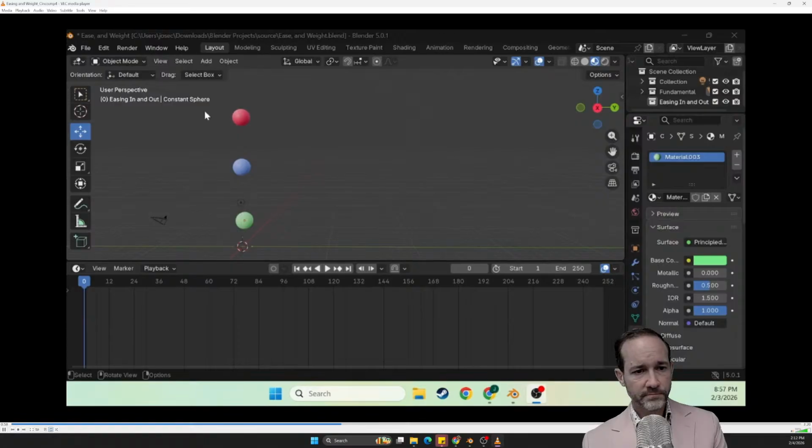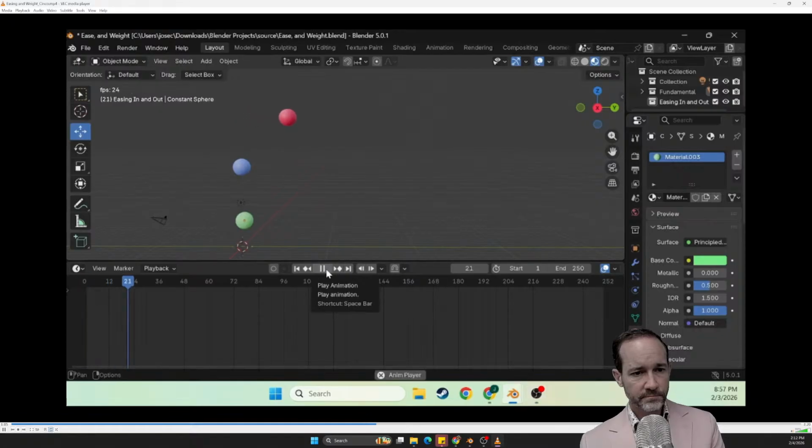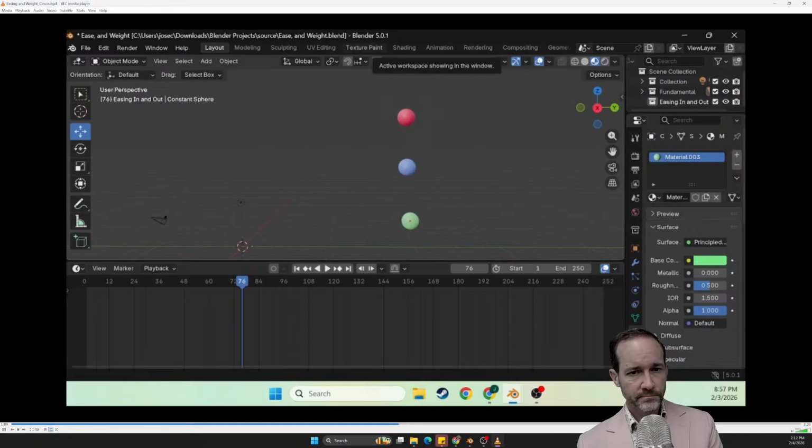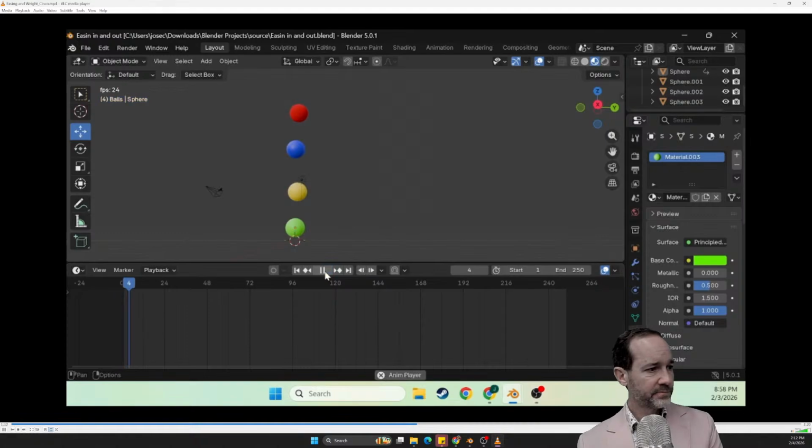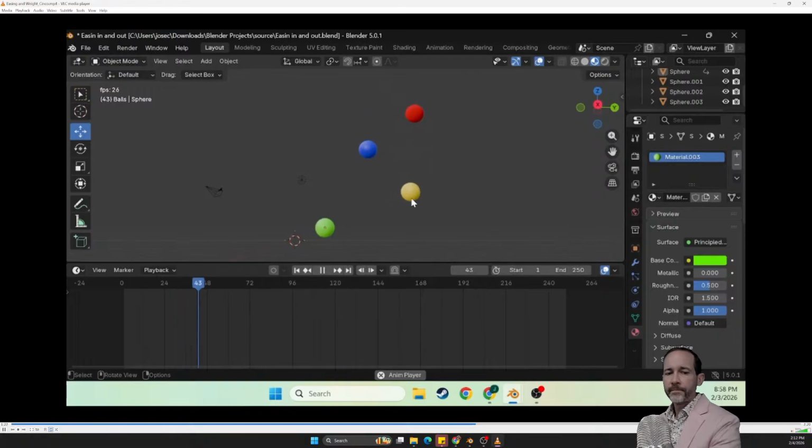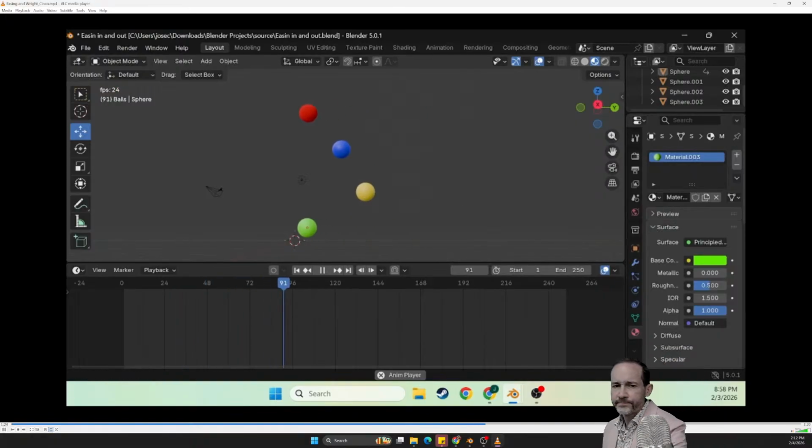Here are the fundamental ones. The pink one's the ease, this one's linear, and this one's constant. It's a fairly short animation, but I think I finally got what I needed to do for this one. Here's the ease in and ease out one. This one I had fun making, especially working with a line graph, and it was fun to mess around with the line graph to see what different speeds they go through.